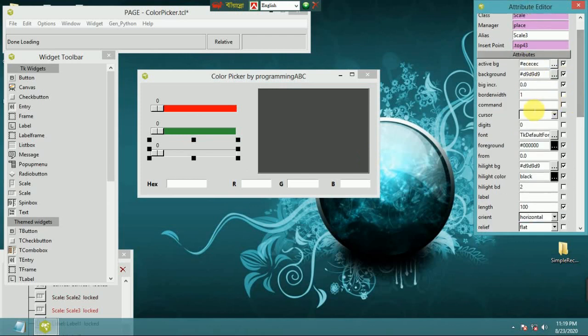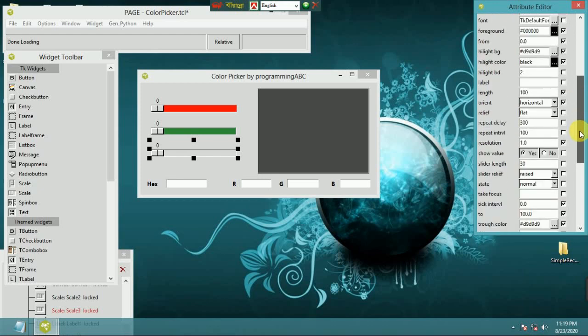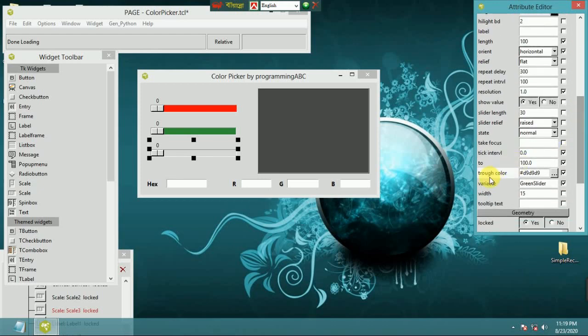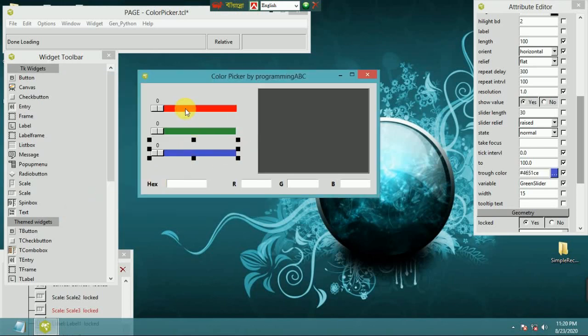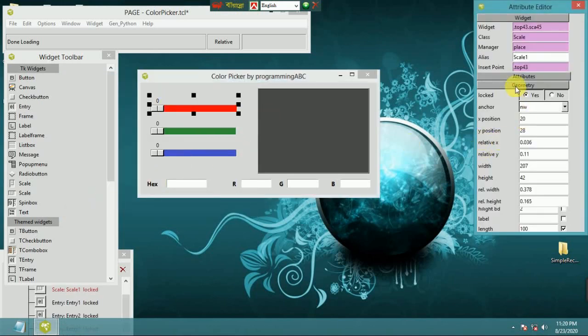These are the command blue slider, slider change sense, blue slider sense, throw the color, blue, and these are the